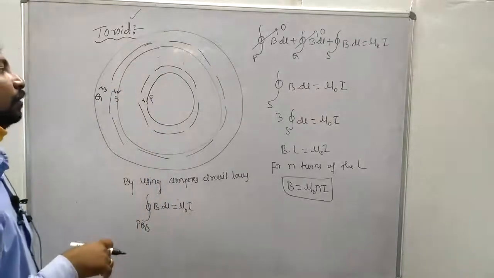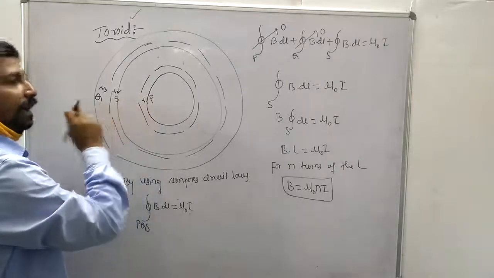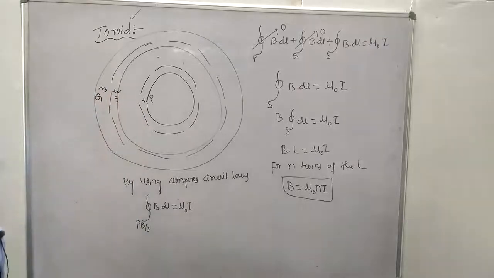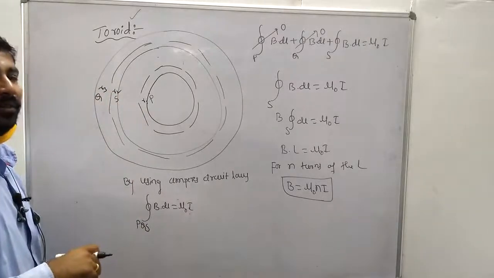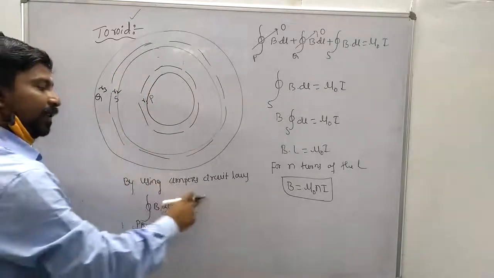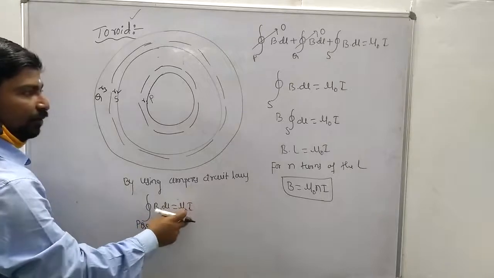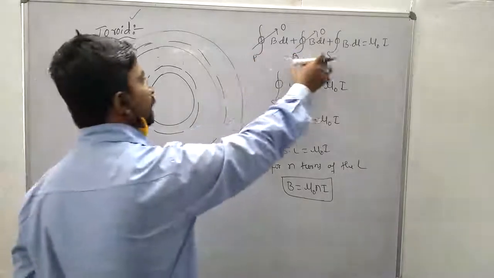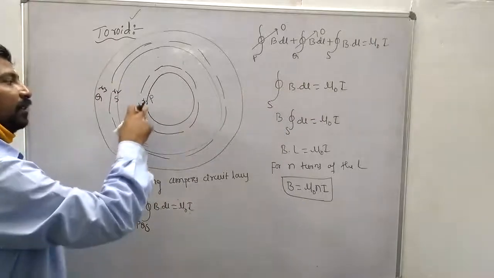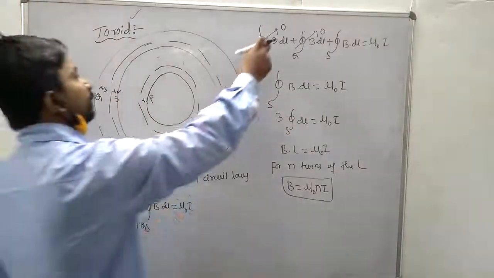So now consider a vertical section of the toroid. There are 3 Amperian loops P, S and Q of radii R1, R2, R3 respectively. Now the magnetic field at a point inside the toroid is given by using Ampere's Circuital Law, the line integral over PQS of B dl is equal to mu naught I. I am writing them separately. Then P and Q are 0, because for the loop P there is no current passing through it, hence B dl is equal to